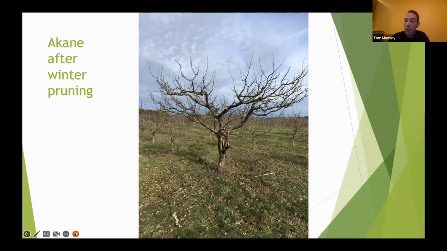Then when the trees wake up in the spring, they have an excessive amount of vigor and put so much energy into regrowing what was taken off, and it can throw things out of balance.